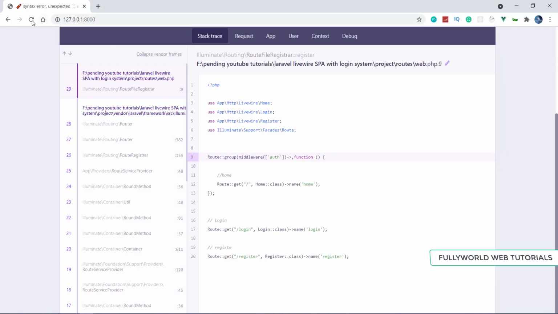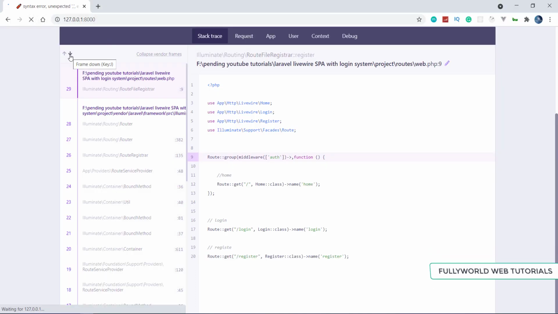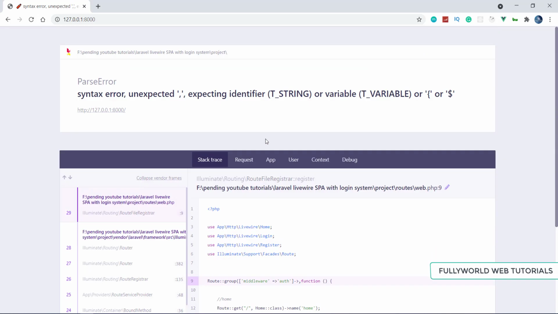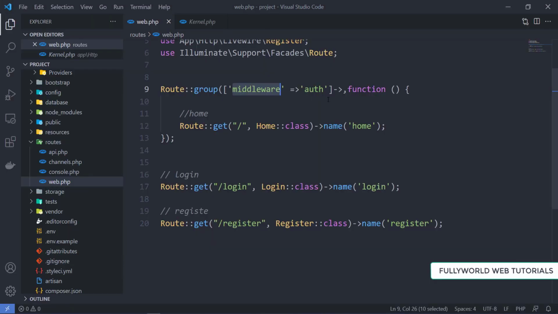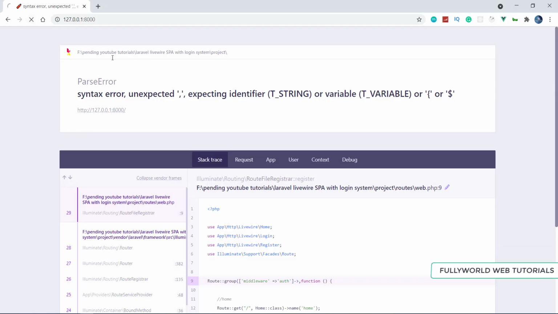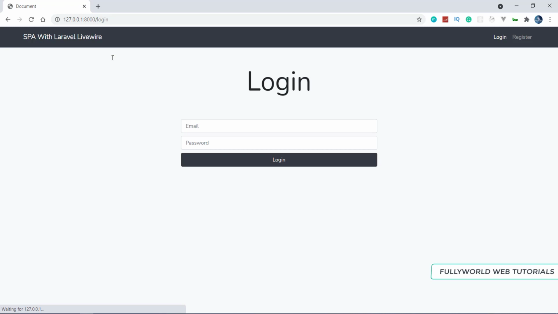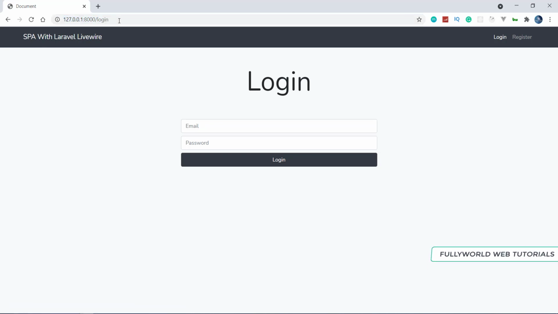Save it, and let's try again. Still we are getting an error. Unexpected comma here, so this arrow should not be there. Now let's reload. See that when I try to go to the home page, we are still at the login page. This means it is working now.